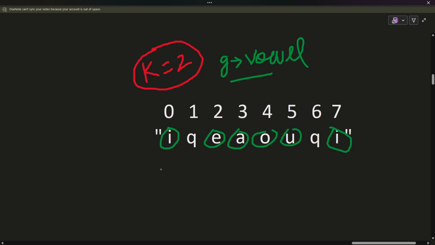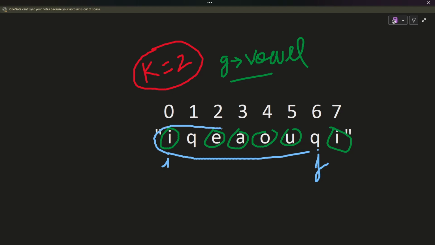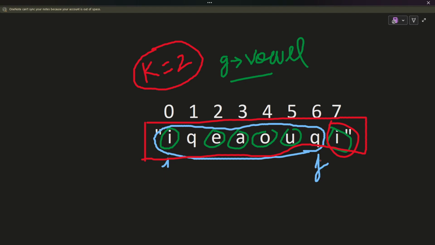So when I was here and J was here, we were considering this window, but we could have also considered this one, which we missed. Let me just draw it for you. This one, the entire one. So how can we do it? This one was missing. So can we say that